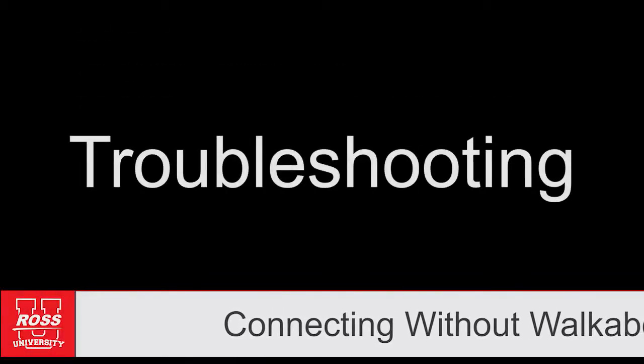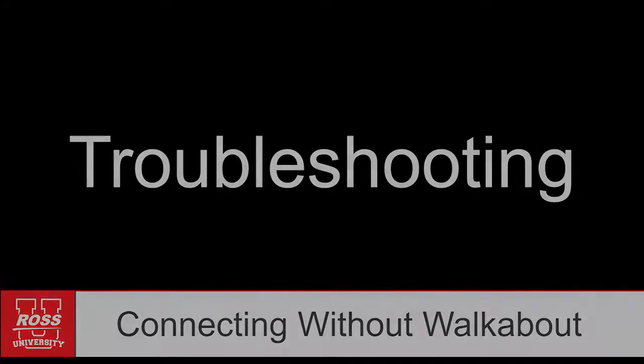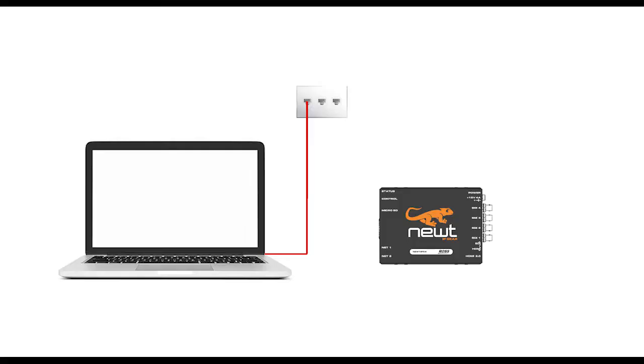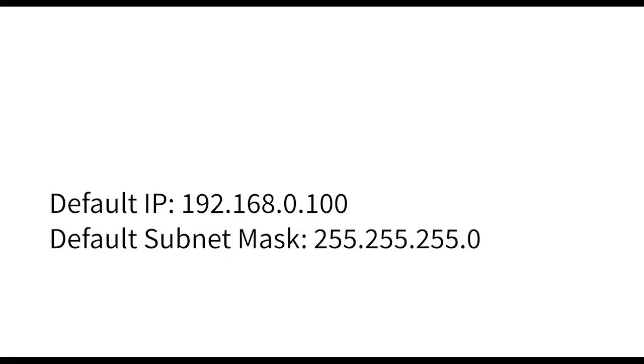Troubleshooting: connecting without Walkabout. In order to configure the IP address of an IGGY or NEWT without using Walkabout, you will need to connect your computer directly to the device using an Ethernet cable and configure your computer with a compatible static IP configuration. This configuration should be done using the default IP configuration of the IGGY or NEWT. When the device is first shipped, or after a factory reset, which is detailed later in this video, the control port will have a static IP address of 192.168.0.100 and a subnet mask of